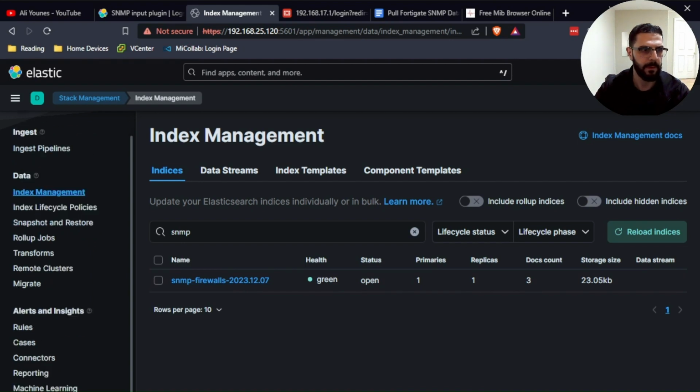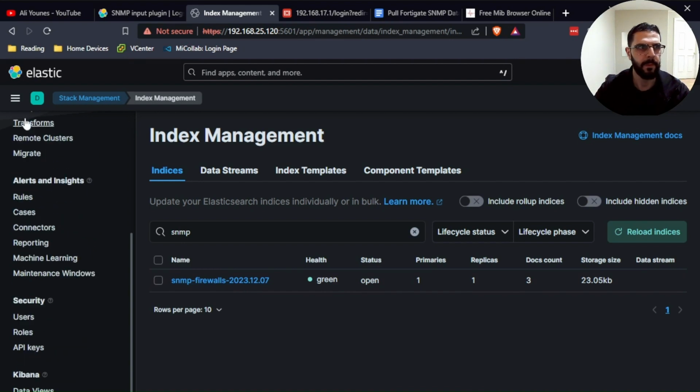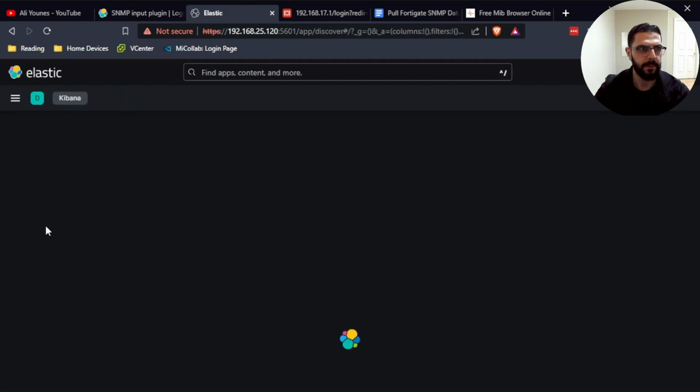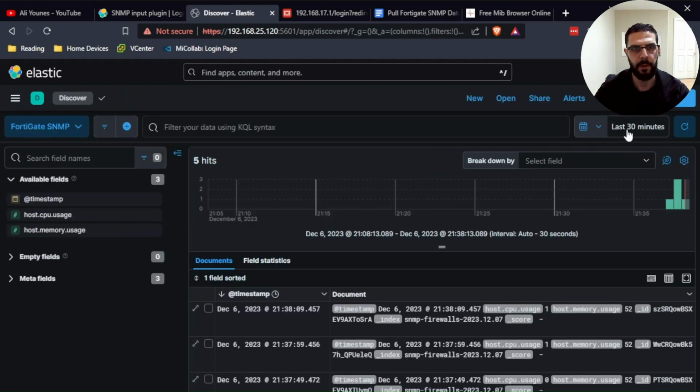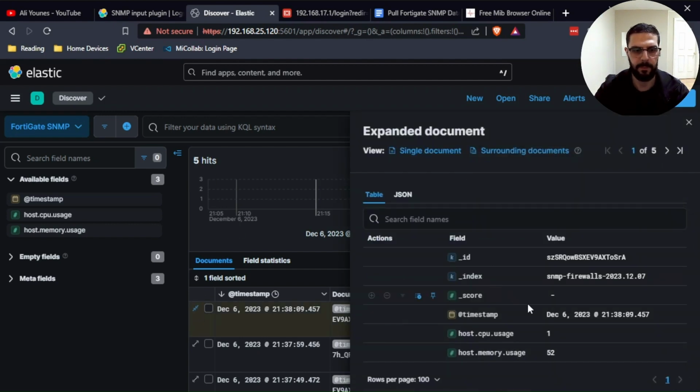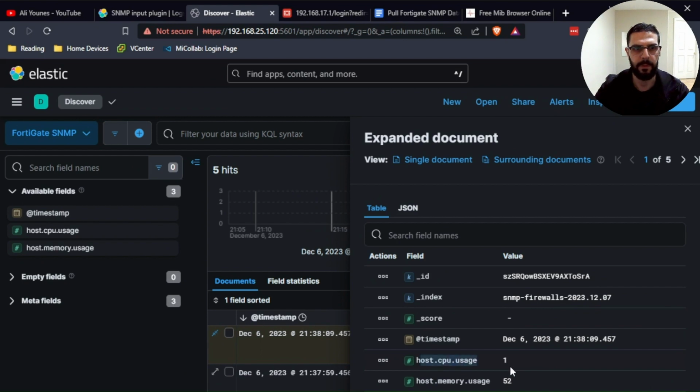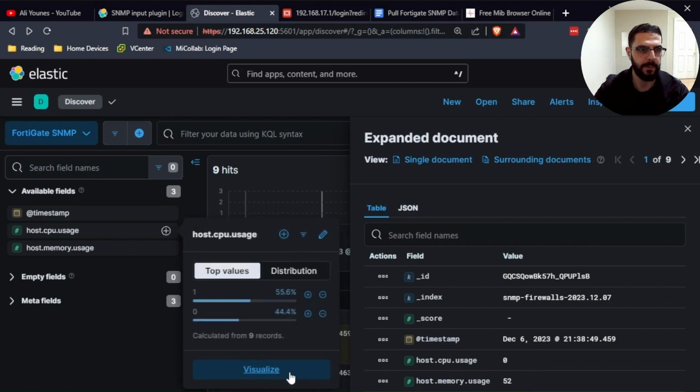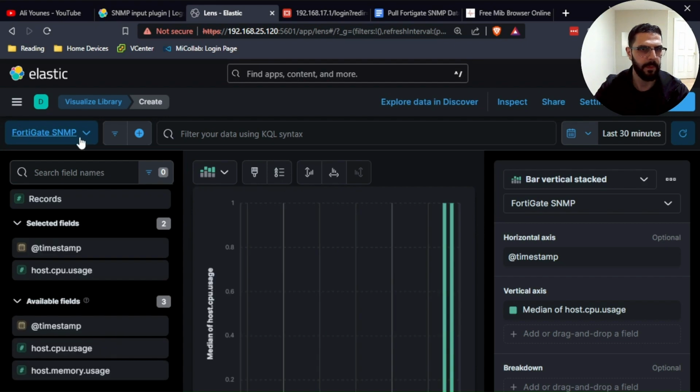I can create a data view here, or you can go to Discover, and I have it created from before, and I have so far 5 hits or 5 documents. When I open one of the documents, I can see the host CPU usage and the host memory usage. Now I can create visualizations for these stats that I have. For example, the